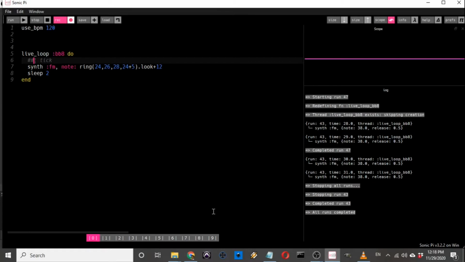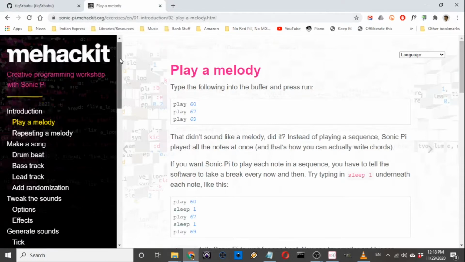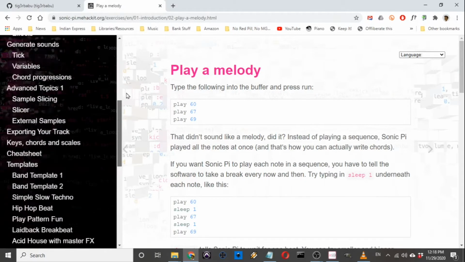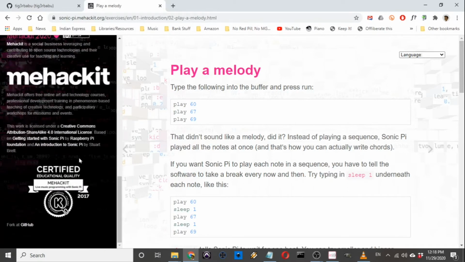But she introduced me to the program in 2016, and in 2017 we were conducting workshops that were based on this thing called Me Hack It. So if you go to this website, there's actually a full workshop here that if you wanted to learn, if you wanted to start with a piece and end with a piece, this is a full workshop. And it's under what's called a Creative Commons license share alike 4, which means that if you knew how to use the program, you could take these lesson plans, conduct your own workshops, and charge money for it. Okay. This was made by some people in Finland, and it is amazing.